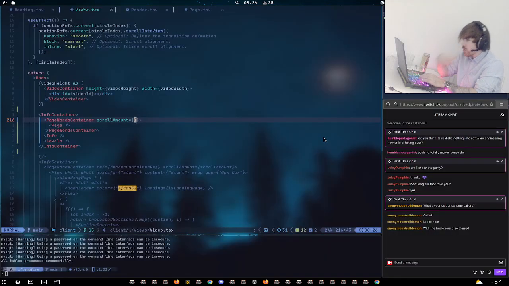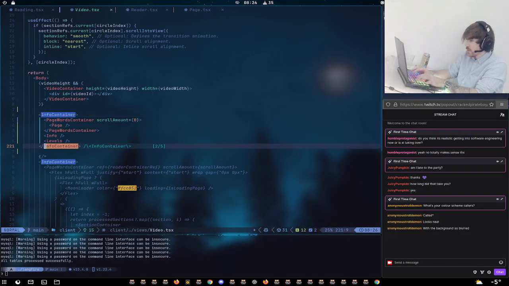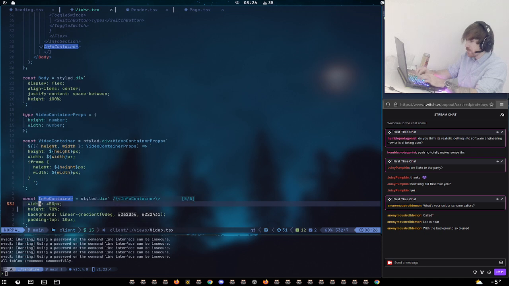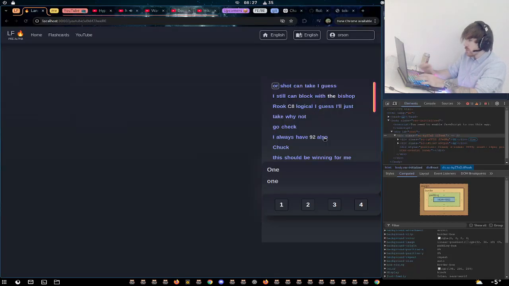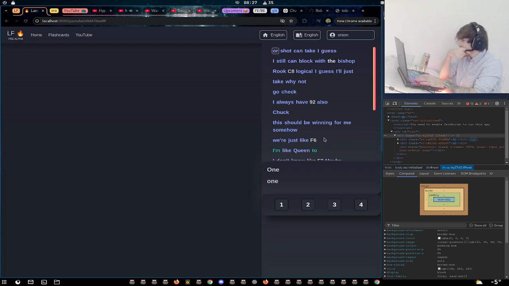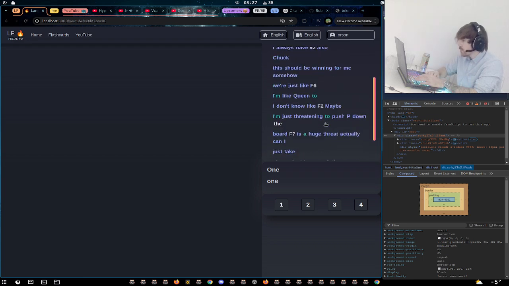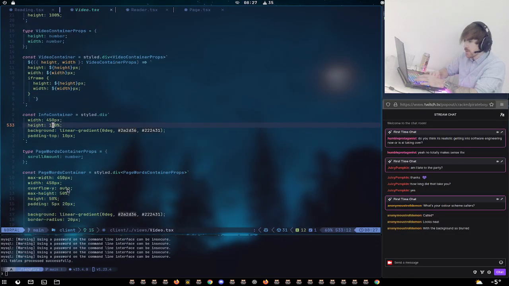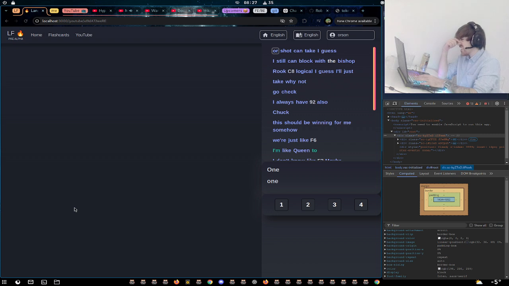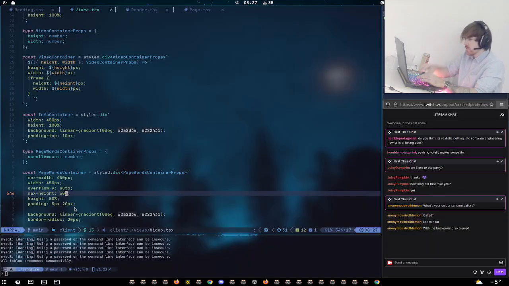But that's close. Oh, it's because the info container, I think I took it off 80%. I mean 100%. So we put this back to 100. And that should start. So that's closer. But now the page words container, that's just like too small, isn't it? Max height 50%. Is that what I had it on before? That seems so drastically small for some reason.